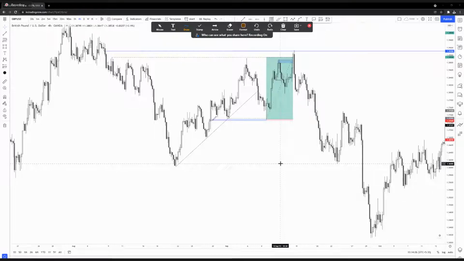See, one thing I always got confused about is this thing. You see this thing, this wick. The whole of this wick is an unmitigated zone, right? So what I will do is wait for it to come down here and wait for a QM or kind of a wick form, and that thing always gets me into confusion.